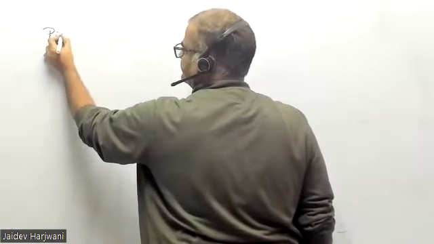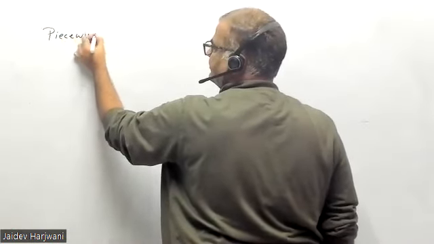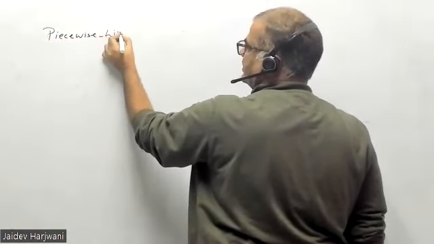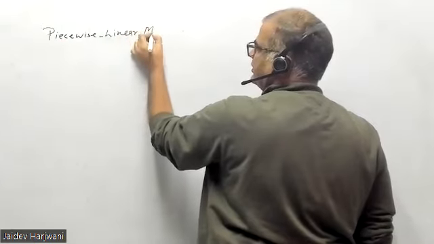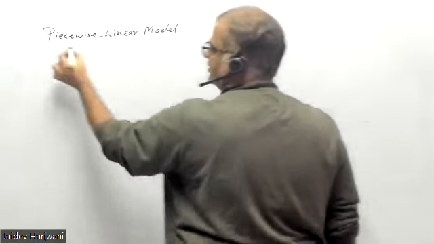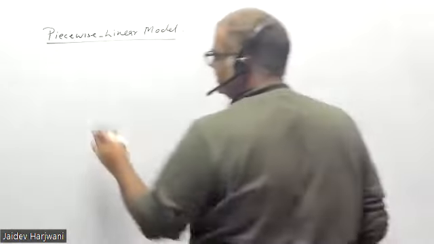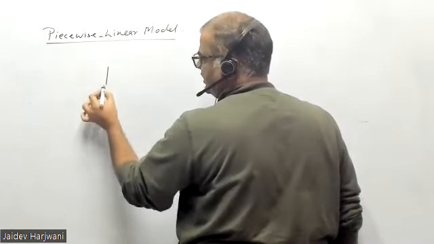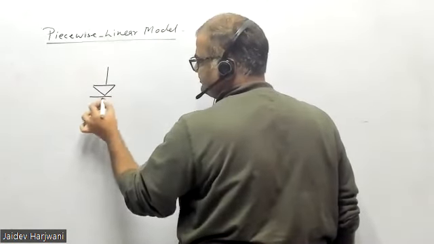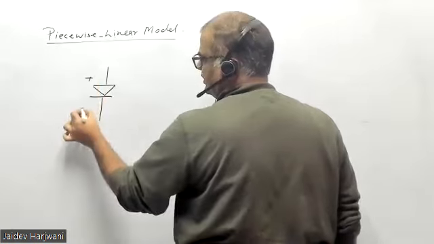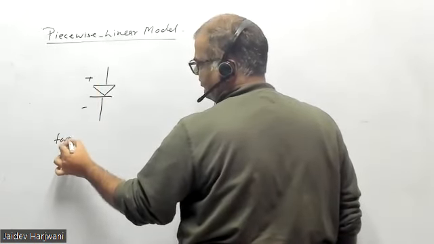Piecewise linear model. So what is the piecewise linear model? This time, if you are using a diode in forward bias, if there is a forward bias on the diode,